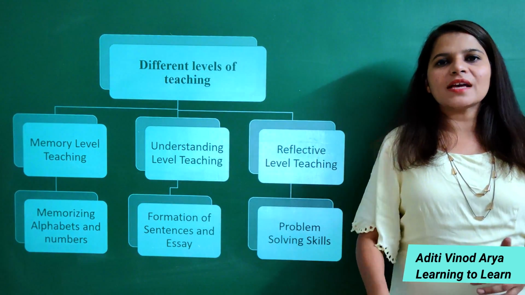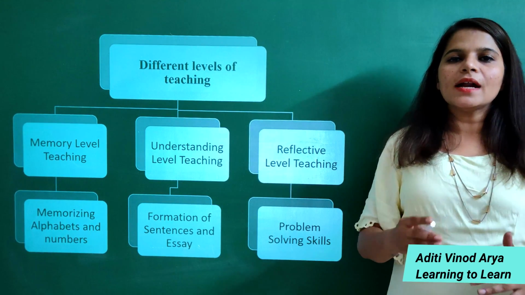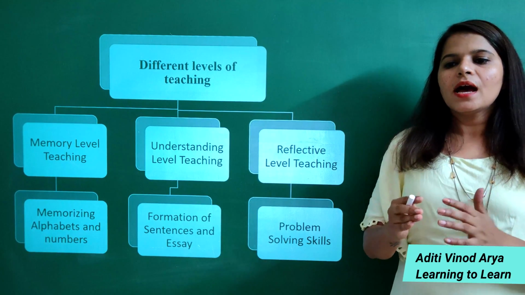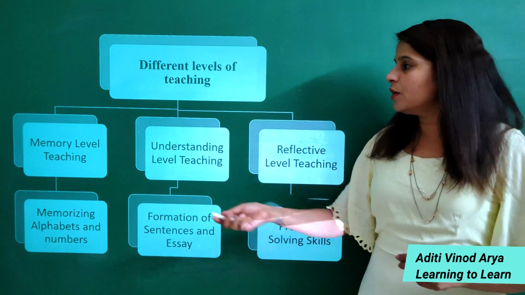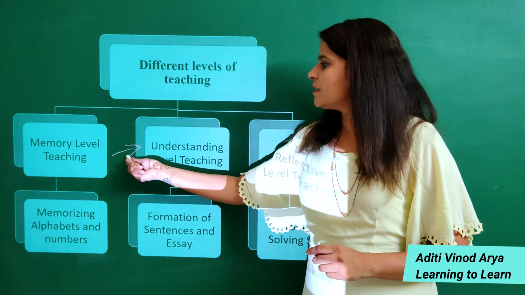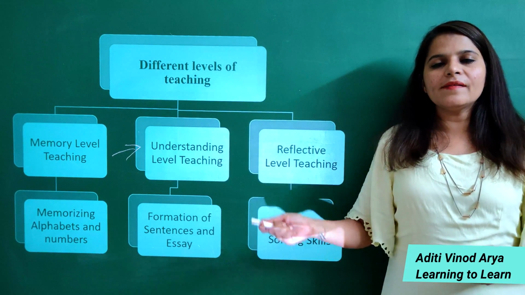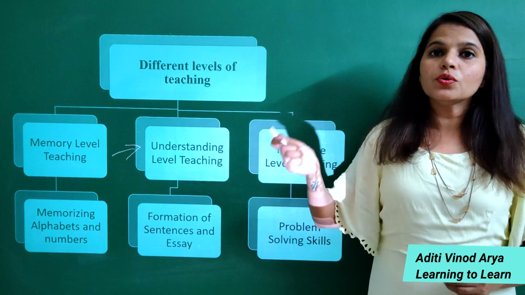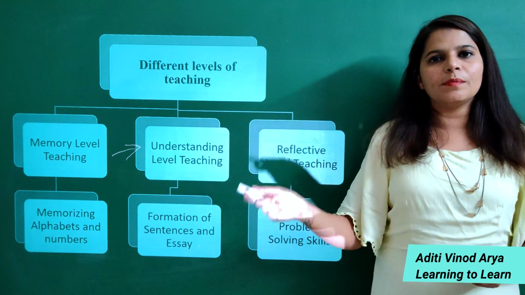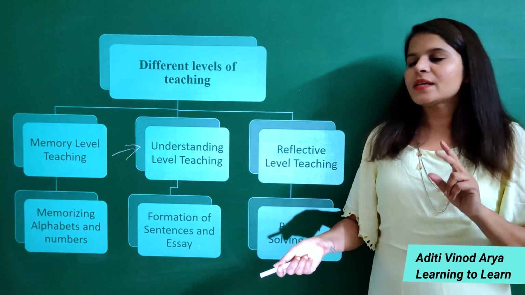So memory level provides a base for a student, so that a student understands that yes, I have to remember all this. Memory level basically helps the student to go to the further understanding level. If memory level is not completed, you cannot achieve understanding level. So to achieve understanding level, you have to complete memory level. First thing. Second thing,